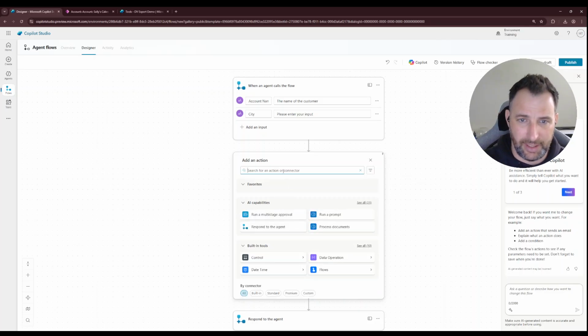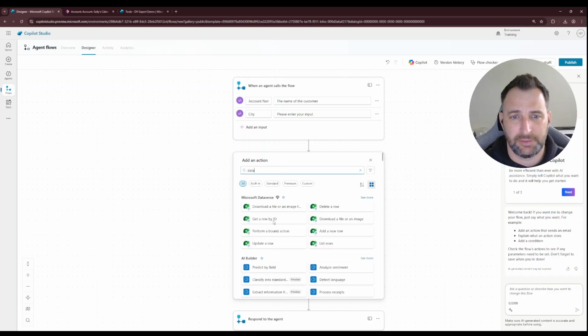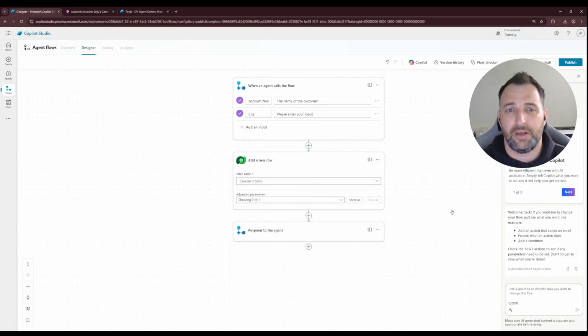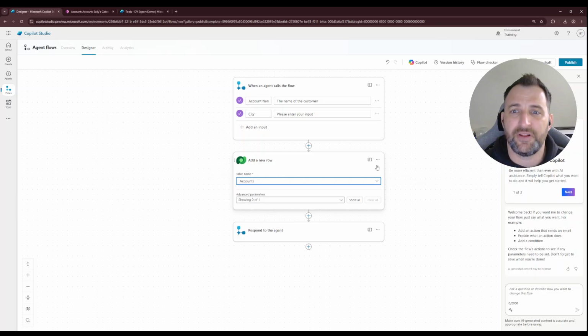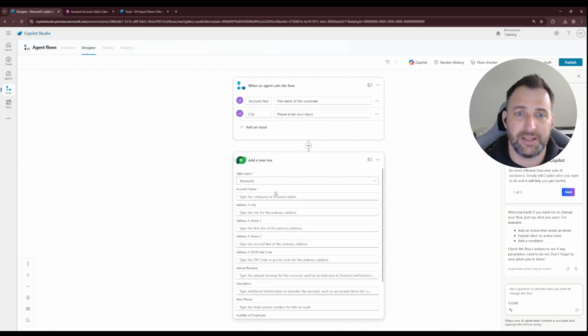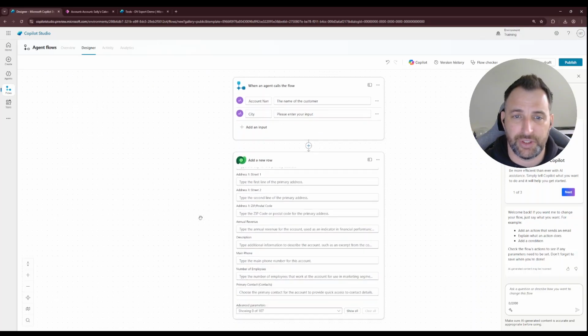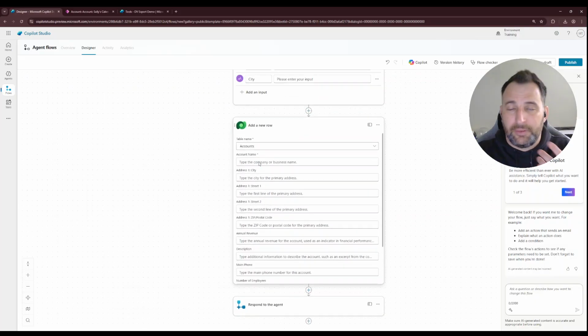So I can go to my Dataverse table, and I can add a new row. I can pick a table. I can set my environment variables. Everything that we would expect to do. So I've got my normal connections over there,